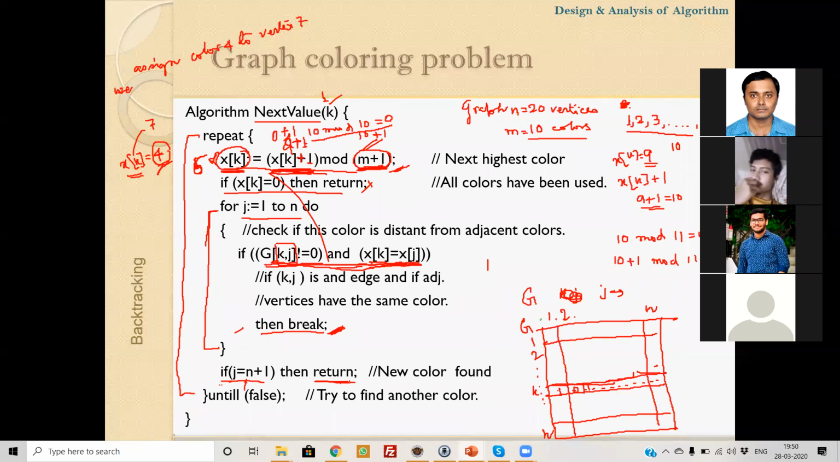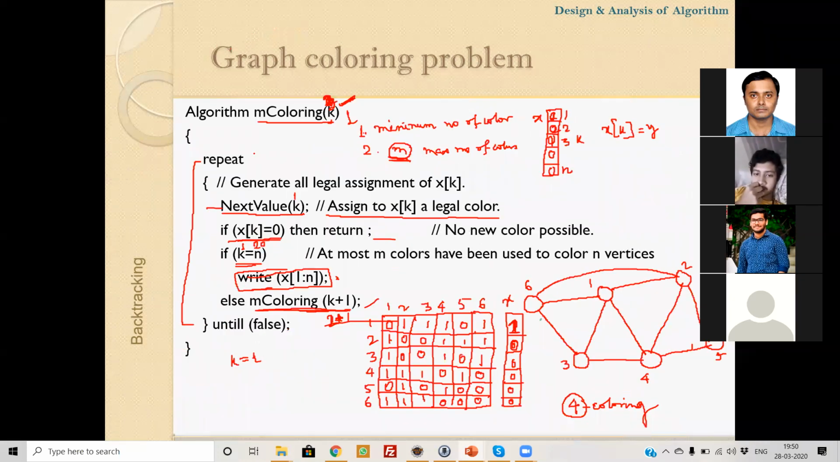So if it returns a success statement, then the value of xk is assigned 1. As we have the current value of xk equals 1, we are assigning color 1 to vertex 1 successfully. If xk is 0, then it will return, because 0 is returned by this function. If 0 is returned by this function, that indicates that none of these colors can be used to color this vertex. But as it is the starting vertex,